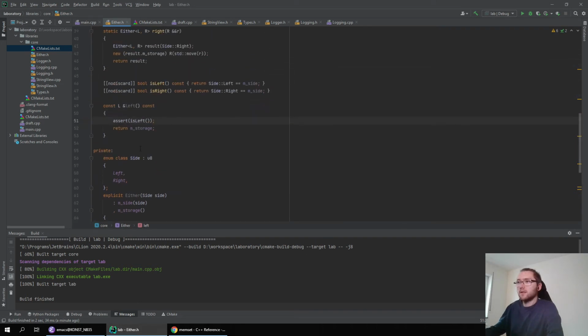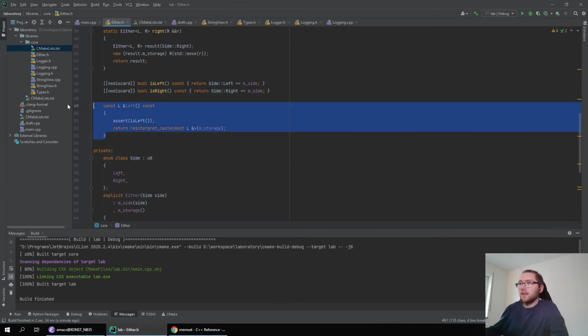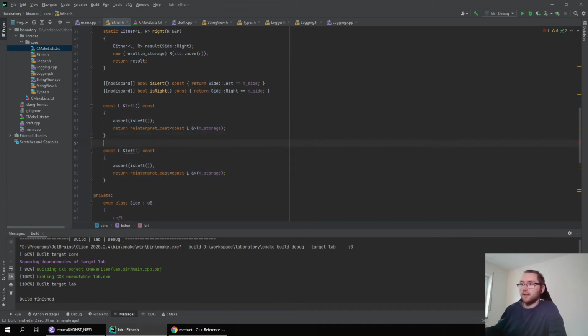I think I can just cast it, can't I? And also an accessor for the right side.